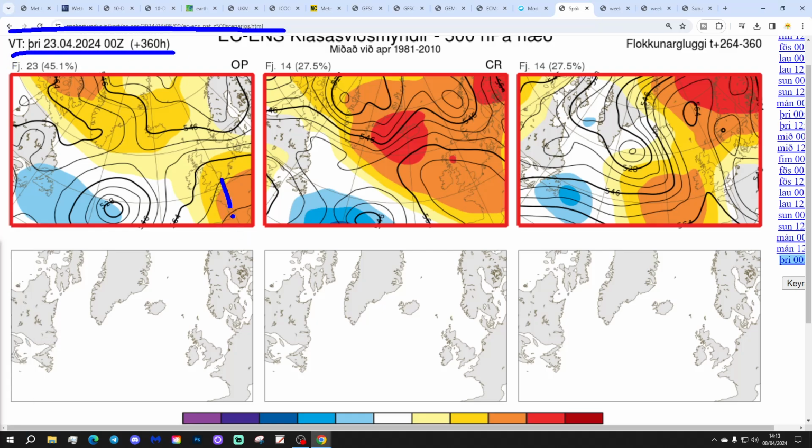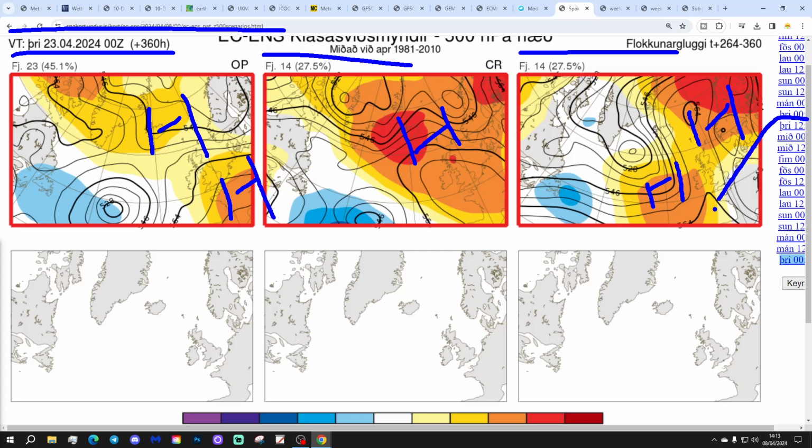23 members of the ECM ensembles with high pressure to the south and also to the north. So, you know, that's turning more settled. We've got 14 with a big area of high pressure sitting very close to the country. And then we've got another 14 with high pressure towards Scandinavia and to the Azores, but we'll bring the wind in from the east. But to be honest, you'll notice all the options by 2 weeks out, the 23rd of April,